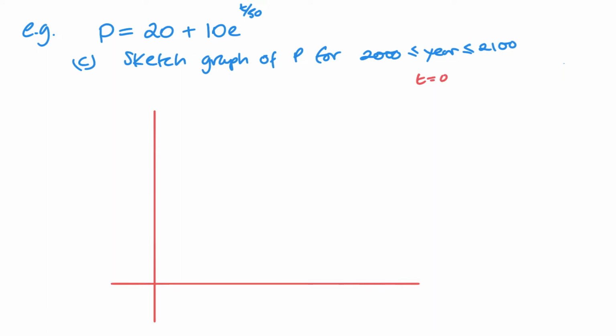Now, part C, we need to sketch P for the years 2000 all the way up to 2100. So this is between t equals 0 all the way up to t equals 100. So my bottom 0 there, this is going to be my t and my population will be my vertical axis. Now I already know that when t equals 0, my population is 30,000. So I want to first start by marking that 30,000 on the side. And then I get a nice exponential shaped curve